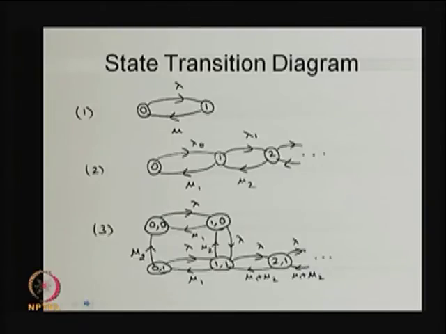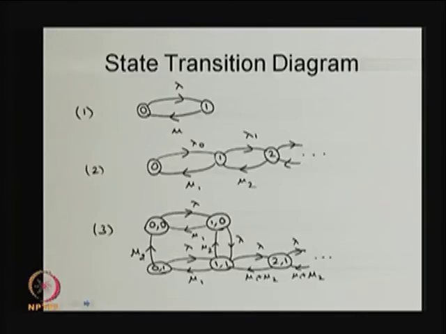Lambda is strictly greater than 0 and mu is also strictly greater than 0. That means, you know, the exponential distribution has the mean 1 divided by the parameter. Therefore, the average time spent in the state 0 before moving into the state 1 is 1 divided by lambda. The average time spent in the state 1 before moving into the state 0 is 1 divided by mu. Since it is a 2 state chain, over time the system will be in the state 0 or 1,